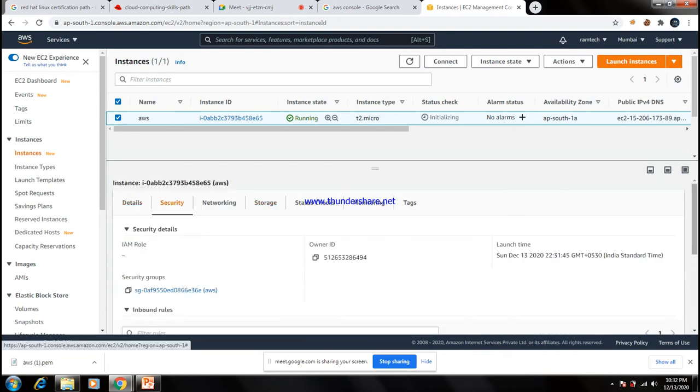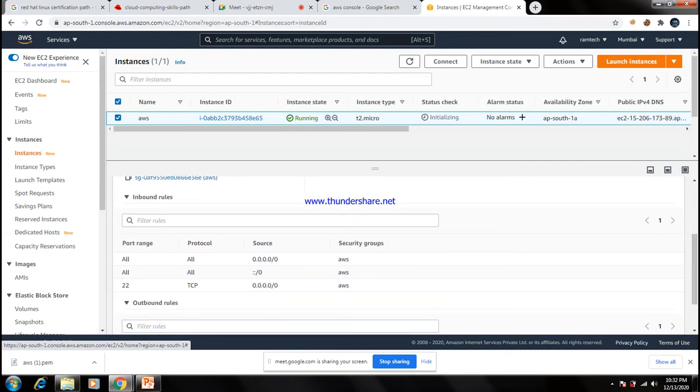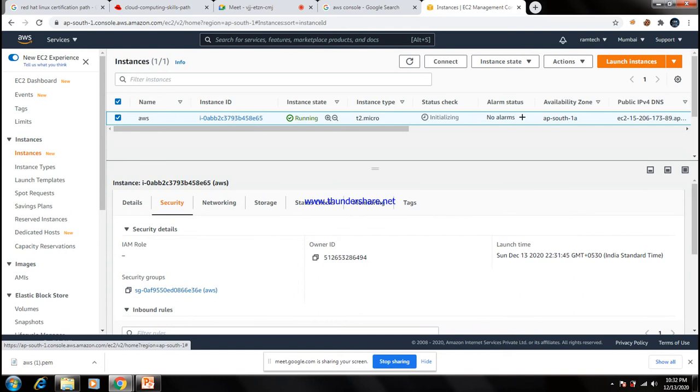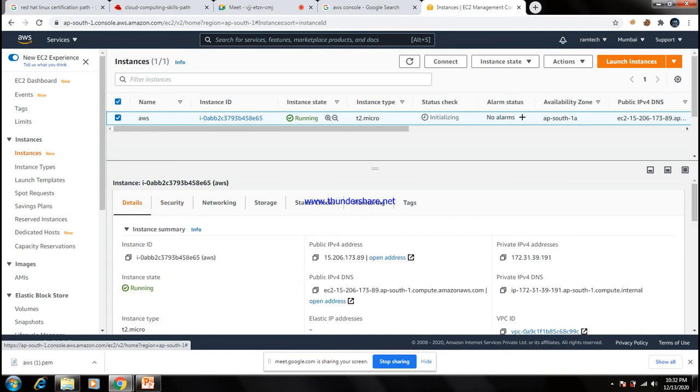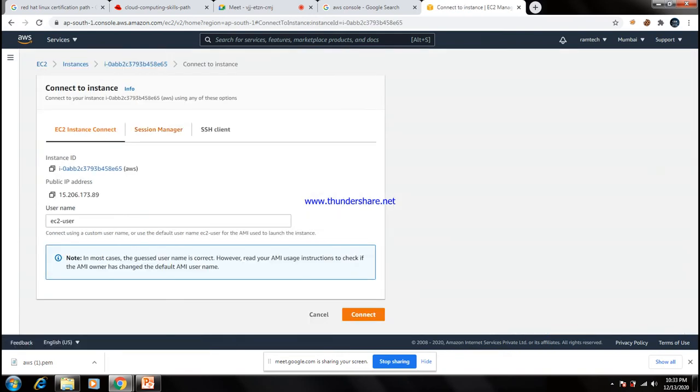Second one is the security group. We can create the same security group. We can create the security group before we create the instance. Okay, you want to connect to the instance. How are you able to connect to the instance? Go to the Connect button. You can get the details of the connection: one is the connection ID, one is the public IP, then this is the username of your instance.